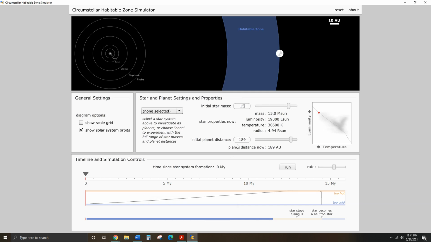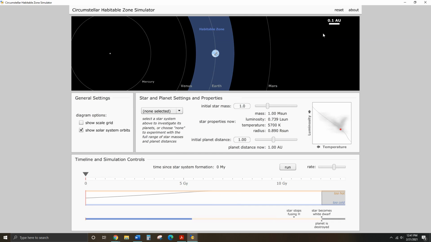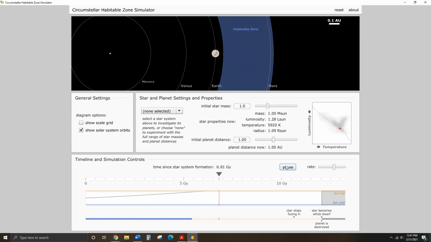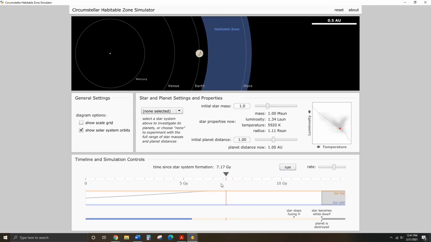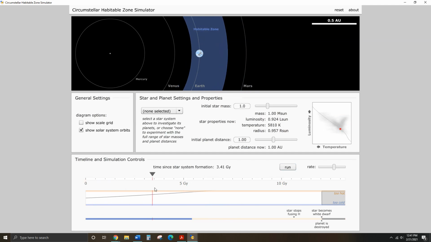We can see up top here, let me switch this back to the sun. We're looking at the sun and the Earth, and you'll notice that right now, how long has it been since the star formed? 0 million years. So we can change that with our slider. We can either hit the run option to see how that changes through time, or what we're more likely to do here is just grab this slider and move this around to make more precise measurements. But here we are with the Earth and the Sun at their earliest stage, 0 million years since